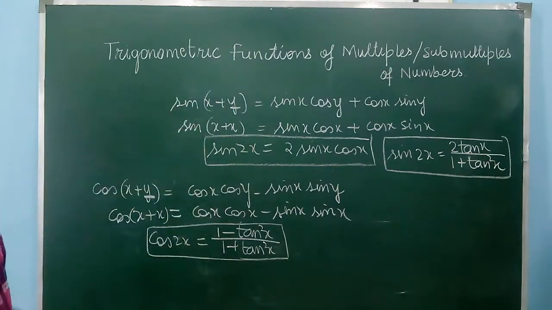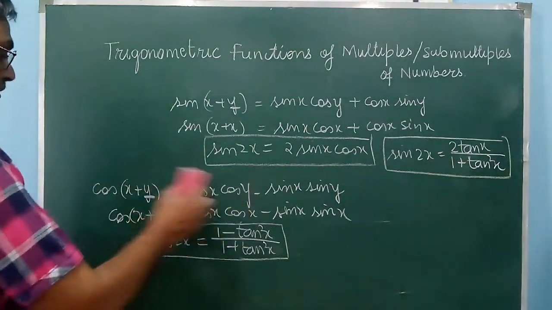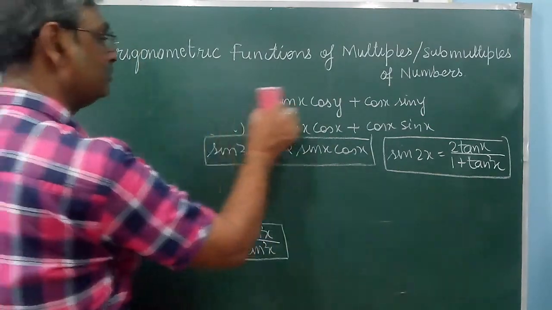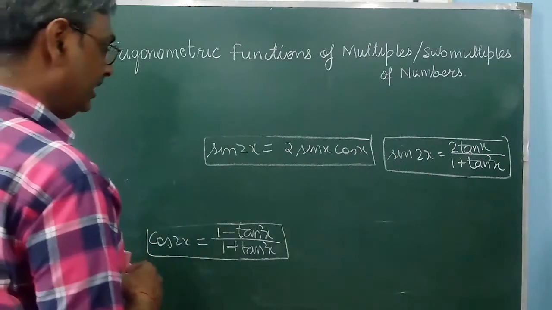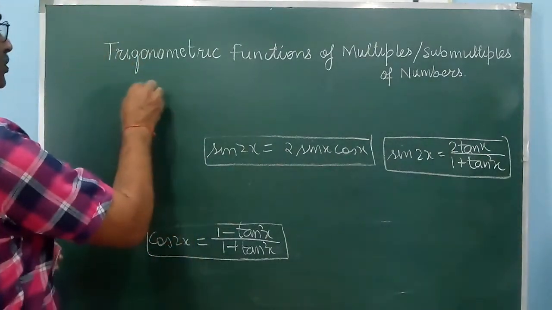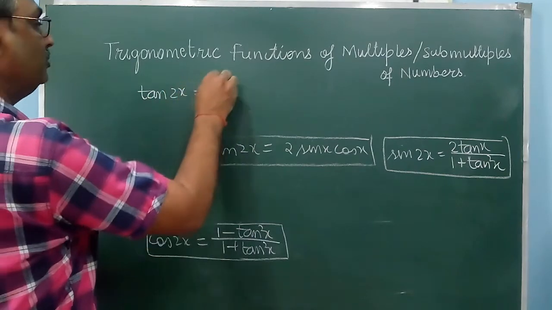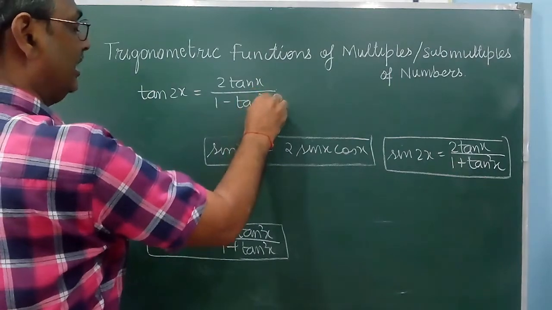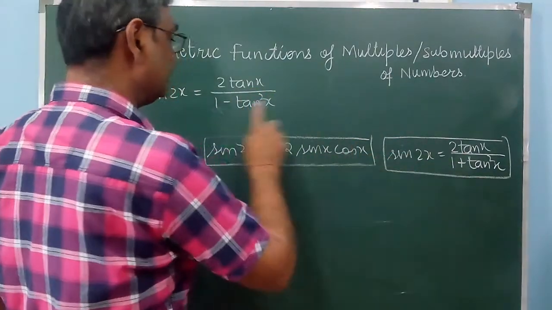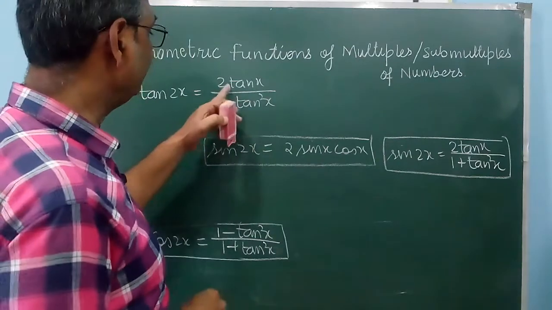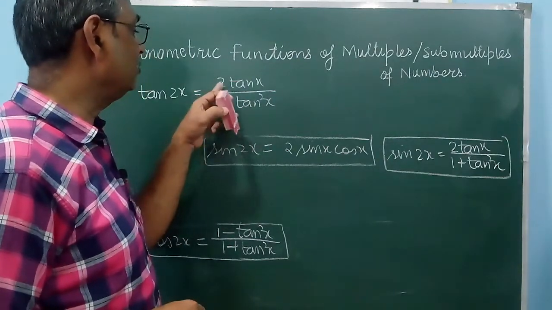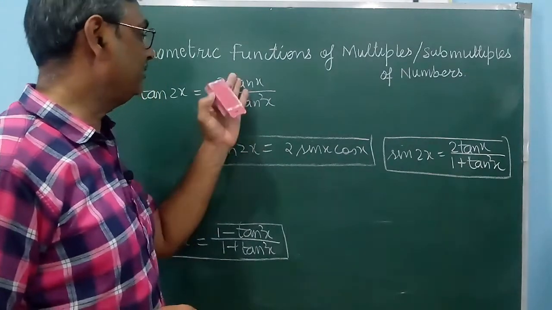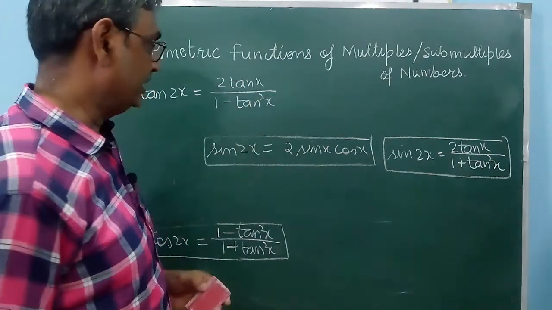So this is how we derive the formulas from the given formulas. There is no need to derive this; we just have to remember the formulas for cos 2x and sin 2x. Now tan 2x equals 2 tan x upon 1 minus tan square x. To remember it, here it will be plus and here it will be minus. If you convert into sin and cos, we get 2 sin x cos x upon cos square x minus sin square x, which is sin 2x upon cos 2x.